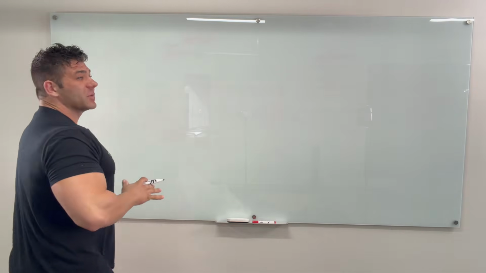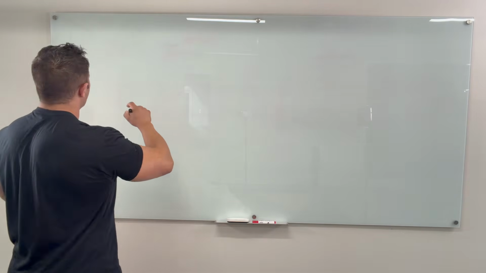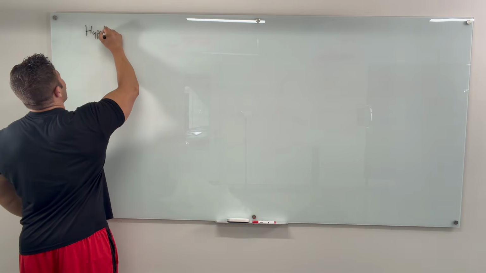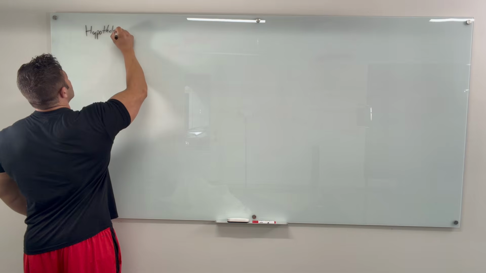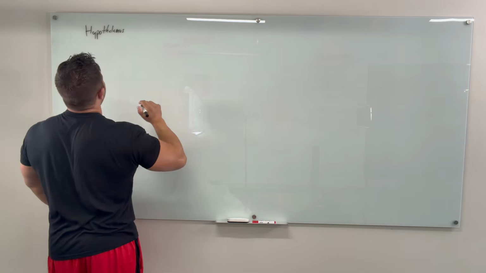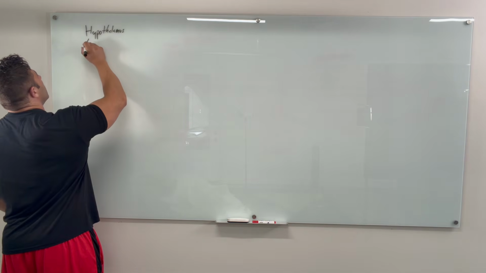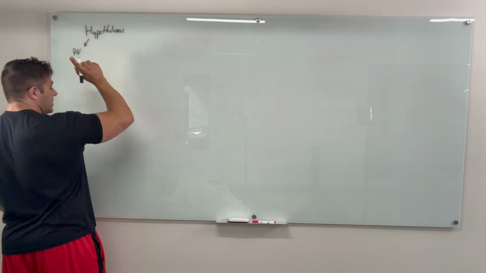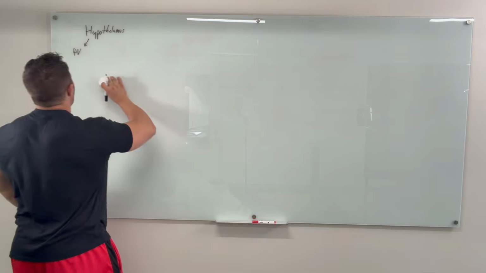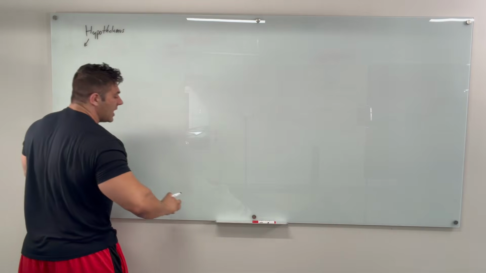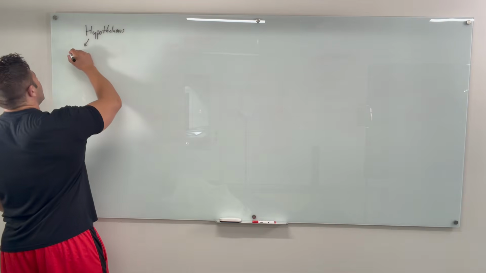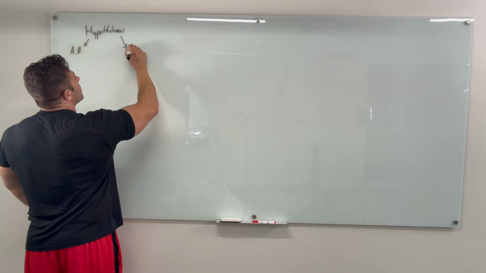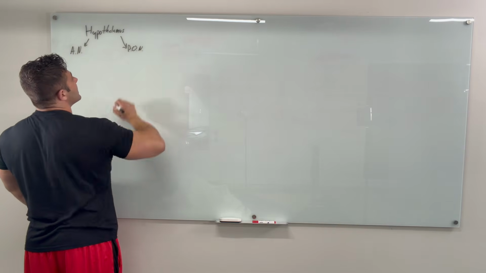Again, love the big board because we have more than enough space to go over this. We're starting off with the basics in the actual hypothalamus. In the hypothalamus, we're going to have two main things we're looking at, two different nuclei. We're looking at the paraventricular, actually no, we're going to get to that later on. We're going to look at the arcuate nucleus and the preoptic nucleus.